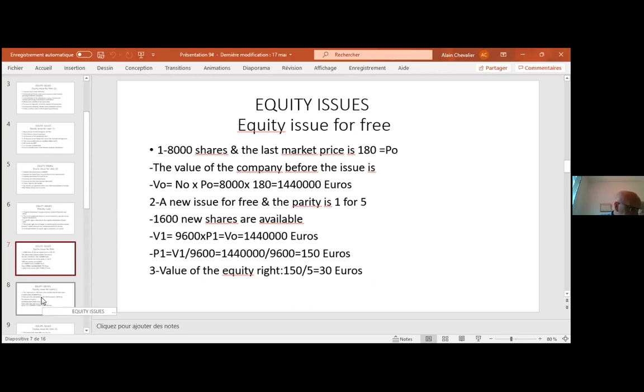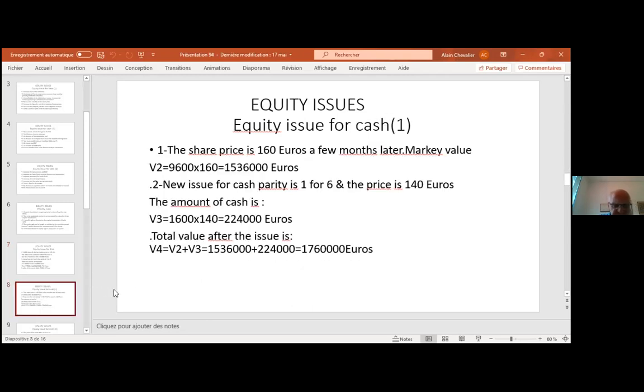Now we have here another slide, which is slide number 8. And slide number 8 here is dealing with an equity issue for cash. And if you go back to your final exam, part 5B now, we can read it and we can have a look at the calculation which is here on the slide. So let's read together,